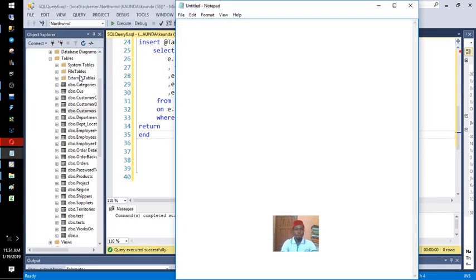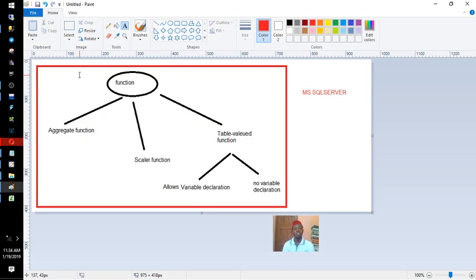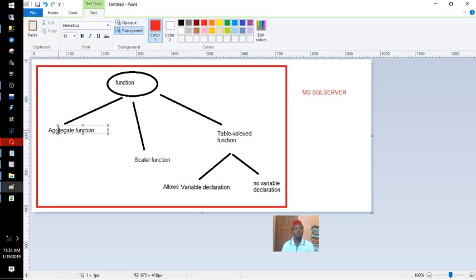If you look at the diagram we already have here, we've looked at it from part 1, part 2, and this is part 3. We've covered this. What is left is the aggregate function, which we will do in part 4, but we've done this, we've done this, we've done this, and I hope it's clear. In summary,